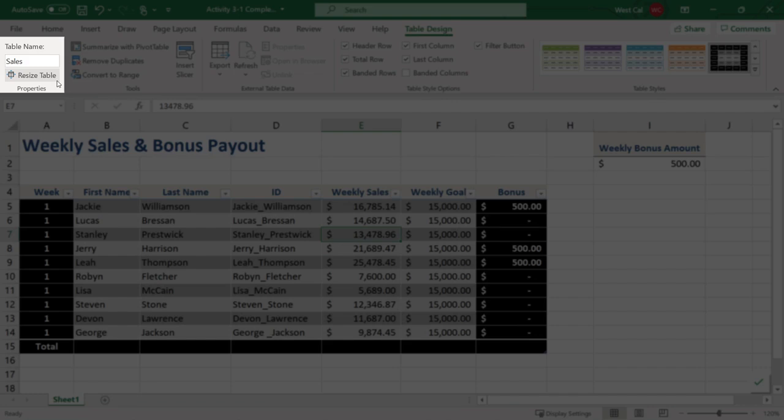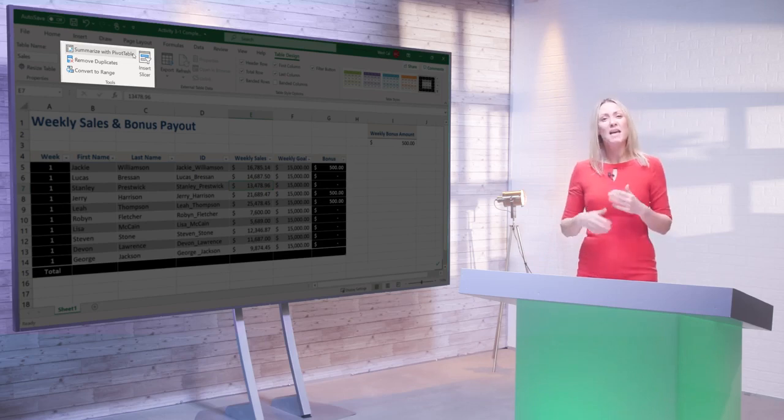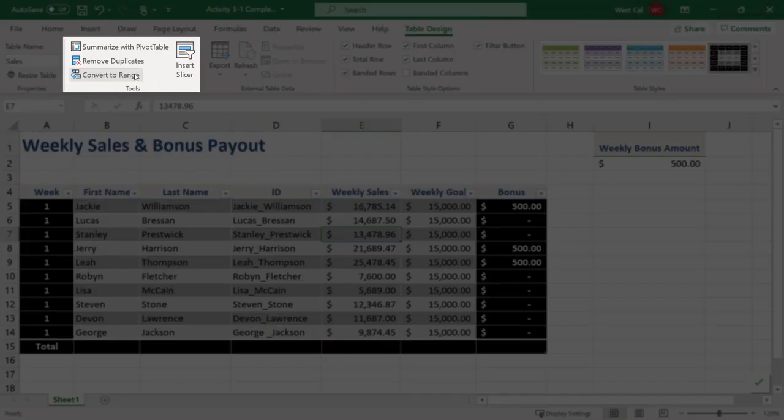Within the Tools group, you can remove duplicate values from your table using the Remove Duplicates command. You can use the Summarize with PivotTable command to create a PivotTable out of the current table. You will cover PivotTables in an upcoming lesson. And you can use the Convert to Range command to convert it back to a regular range. You can also insert a slicer into the table using the Insert Slicer command. A slicer is a graphic that you can add to the worksheet to filter the table data. It's a good effect for presentation of results to others and makes it easier for others to refine the